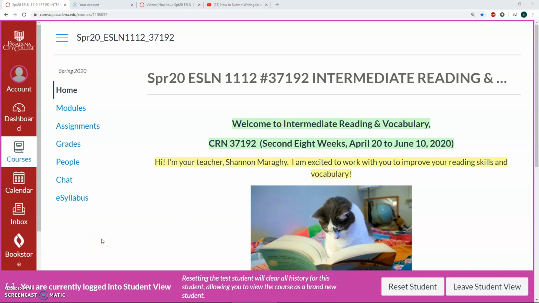Hello! So I'm going to show you how you can see what I said about your writing, and you can make corrections and submit it again so that it can be not incomplete and it can be complete with a green check mark. So if you go over here on the left to grades, click on grades,